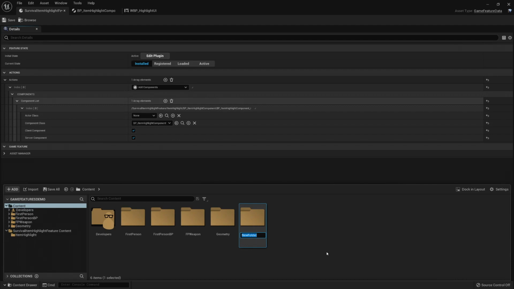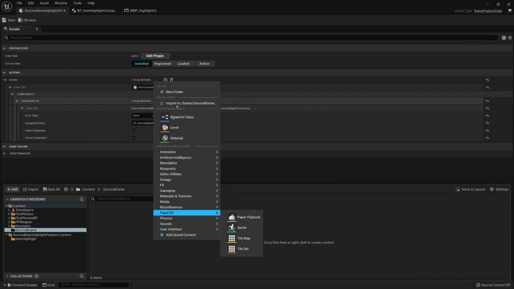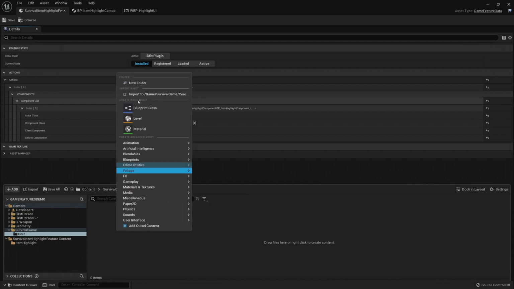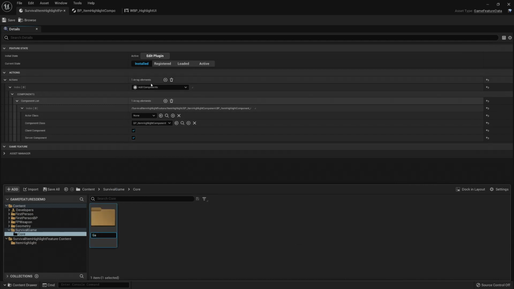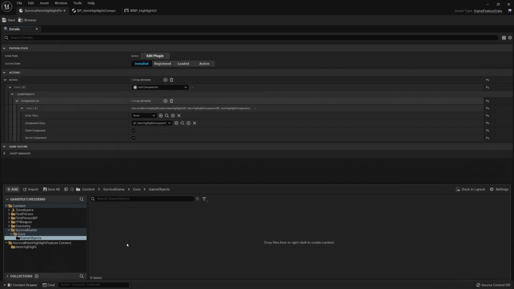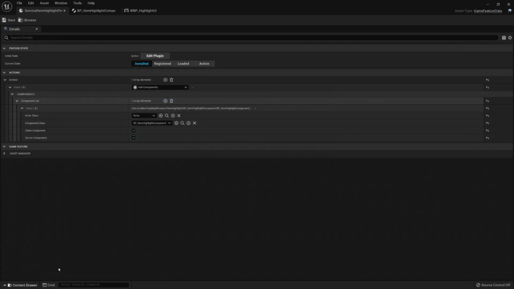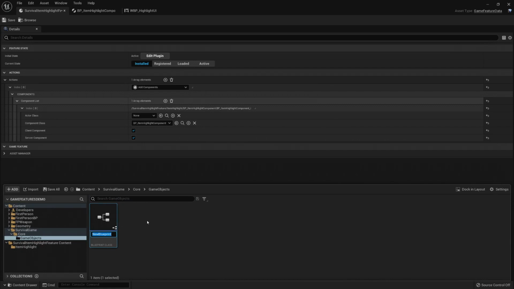And here I'm gonna create first the name of my game. This is a survival item highlight, well, survival game, I'm gonna call it. Gonna open it. This item will be very important to the game, so it should be in a folder called core. And inside core, I'm gonna create a folder that are game objects. And here, finally, I'm gonna create my very important item. And I'm gonna call it blueprint